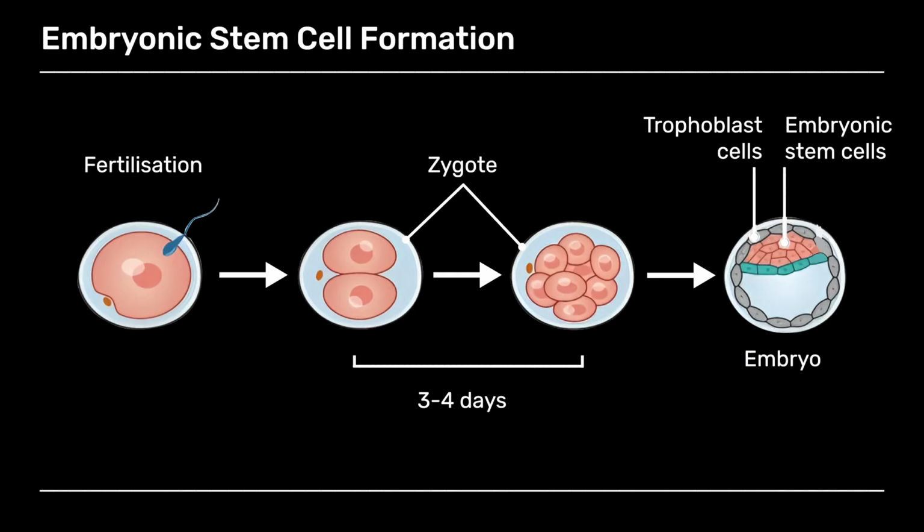First, let's begin by looking at how stem cells are formed in humans and other mammals, beginning with fertilization, when an egg cell and sperm, also known as female and male gametes, fuse to form a single cell zygote, the beginning of a new organism. The zygote cell divides and becomes a hollow ball of cells. This is the embryo. The outer cells of this ball will become the placenta that feeds the embryo, while the inner cells of this ball are the embryonic stem cells that will differentiate to form all of the specialized cells